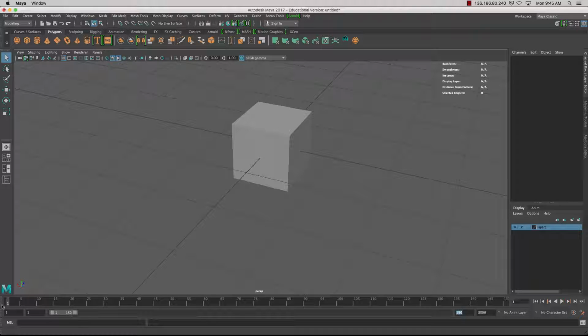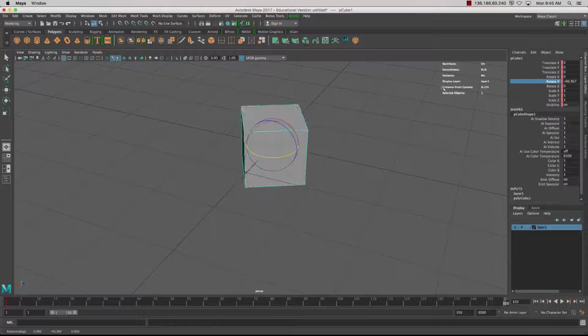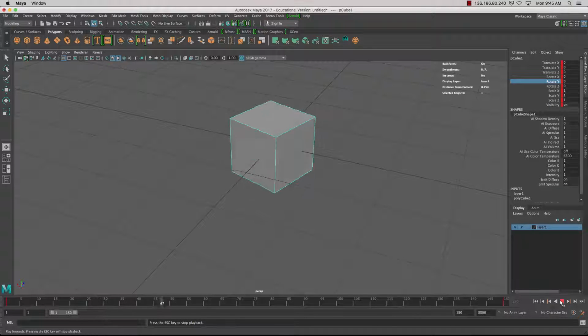A quick way to make a keyframe is select the object, press S, and see how we've got red now on all those attributes. And then scroll to the last frame and say maybe change an attribute like say Y. I'll use the virtual slider, middle mouse dragging like so, and press S again, which is going to create an additional keyframe. So now we've got two keyframes, one here and one here. And when we press play, we'll get an animation